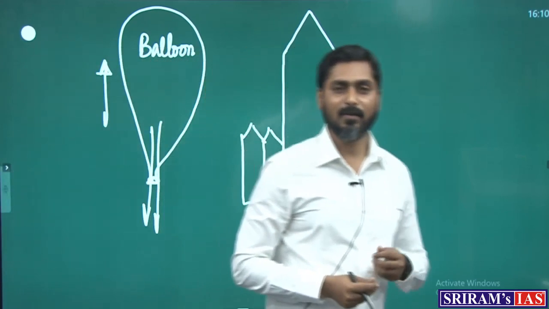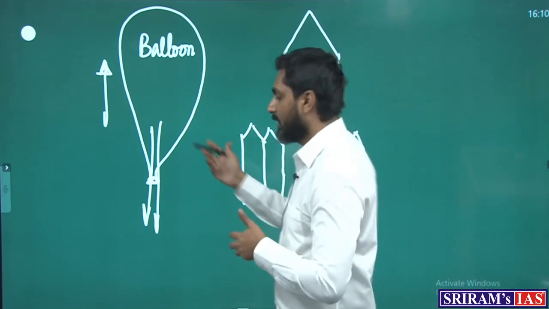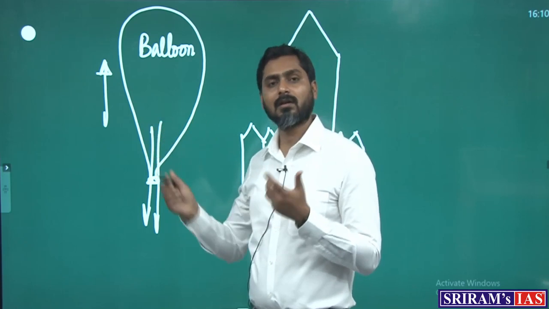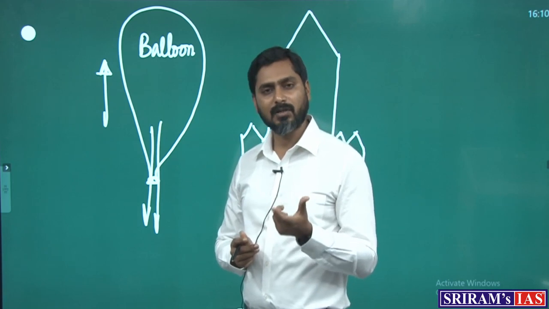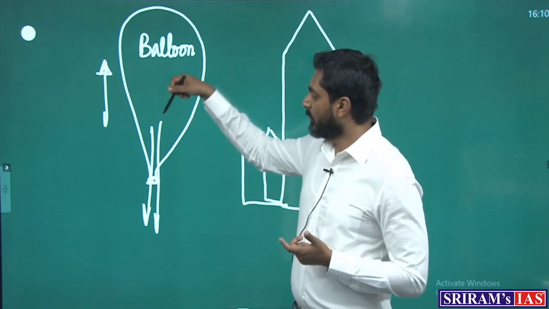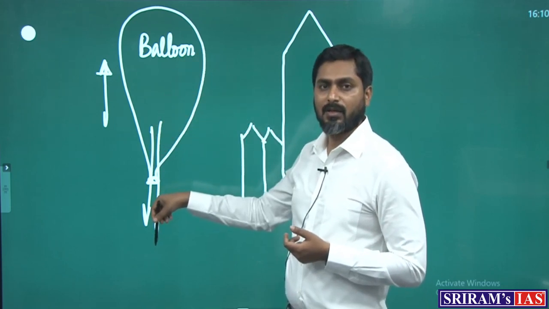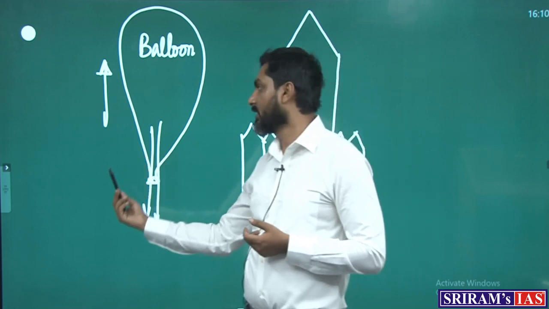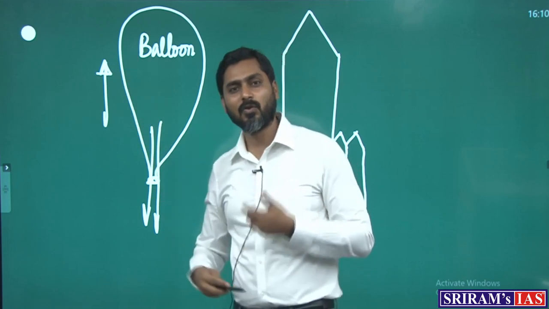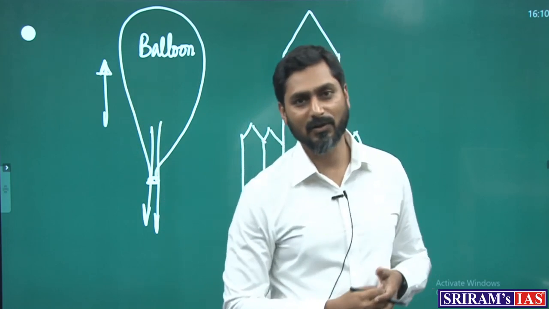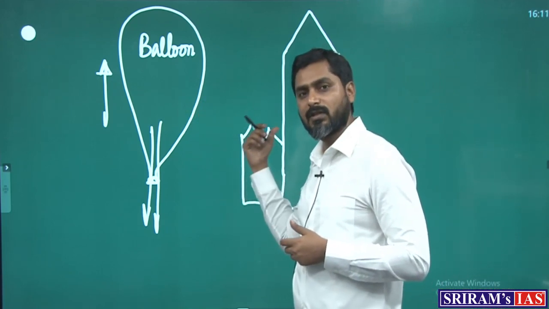This is very famously known as Newton's third law of motion. Why is it called Newton's third law of motion? Newton's third law of motion says that every action produces an equal and opposite reaction. So in this case, when we are releasing this end, the air is moving out in this direction, so it will create an opposite reaction in the opposite direction. So the balloon will move in the opposite direction. You would have experienced or observed this in your childhood also. So rockets also use these principles.